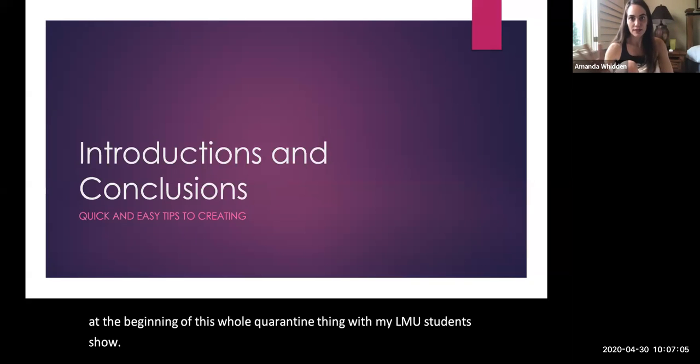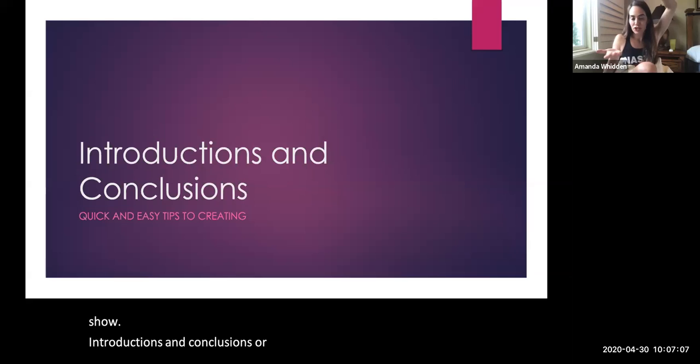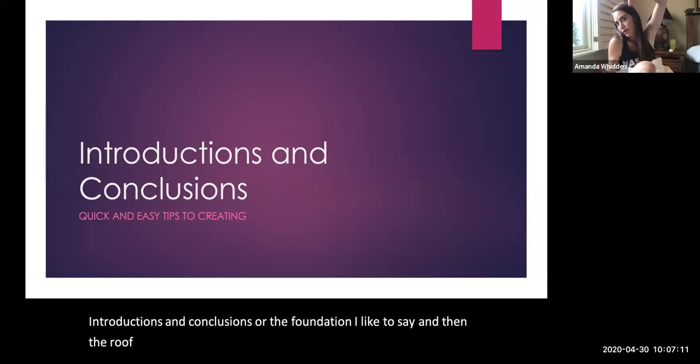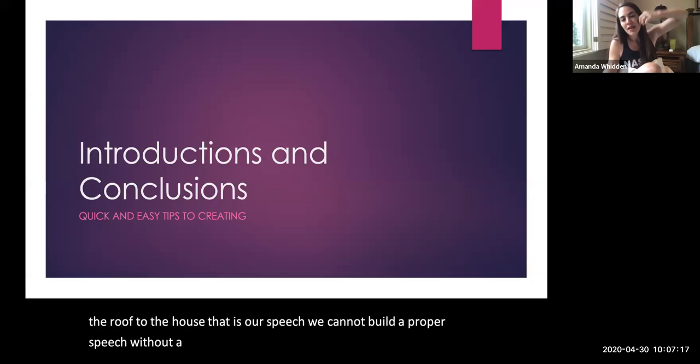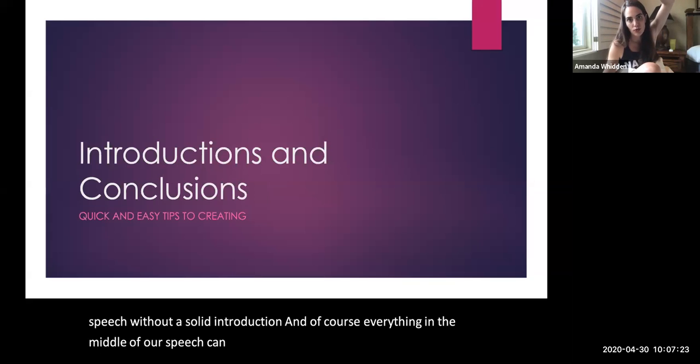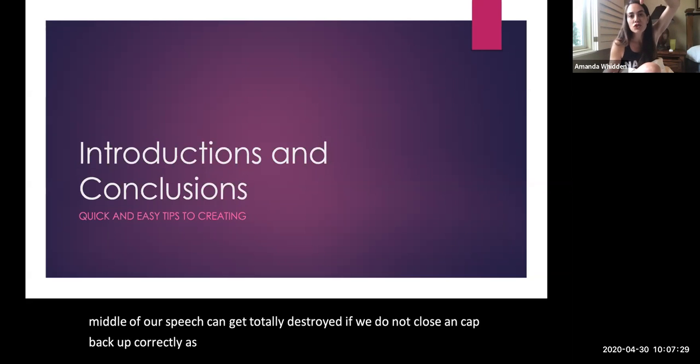So introductions and conclusions are the foundation, I like to say, and then the roof to the house that is our speech. We cannot build a proper speech without a solid introduction. And of course, everything in the middle of our speech can get totally destroyed if we do not close and cap back up correctly as well. So we want to make sure that we have these two important elements